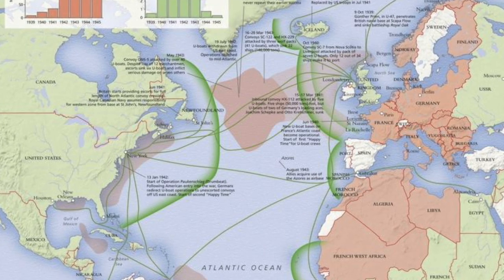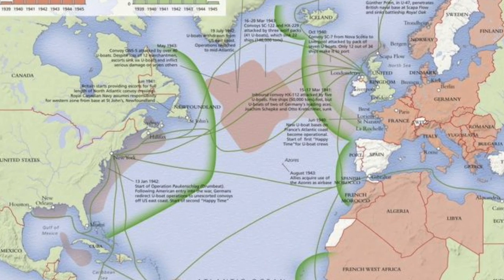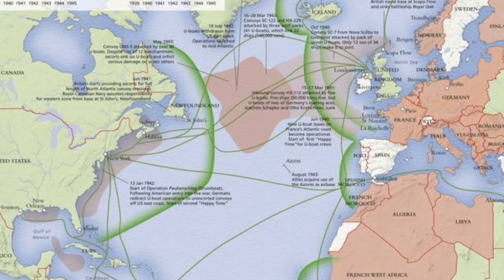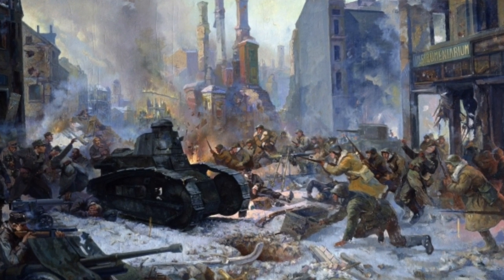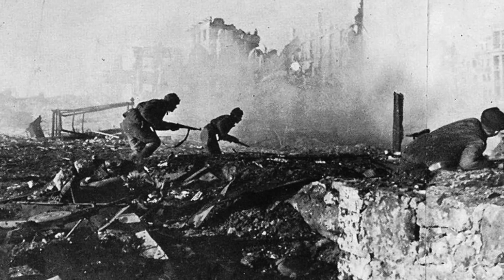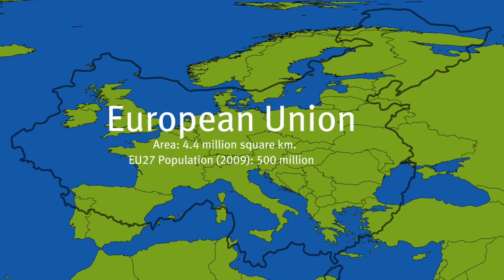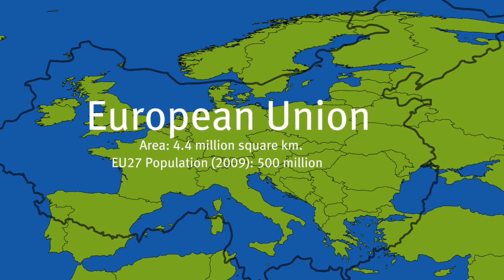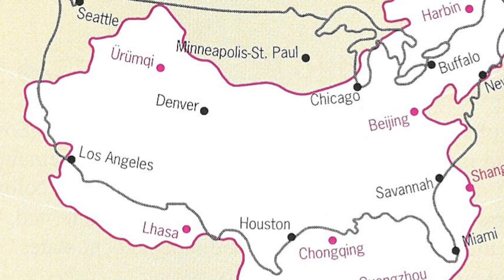Having the Axis take over the world without American aid is ridiculous. I can accept Britain starving to death without America in the Battle of the Atlantic, but the Russians were already able to prevent the Germans from seizing Moscow before the US entered the war. 80% of German casualties were on the Eastern Front, and the sheer size of Russia would likely make a German conquest impossible. However, likely without Western aid, the Soviets would be unable to defeat the Germans, with the Eastern Front dissolving into a stalemate. One could also make the case that China is simply too large for the Japanese to conquer, being larger than both the United States and the European Union.